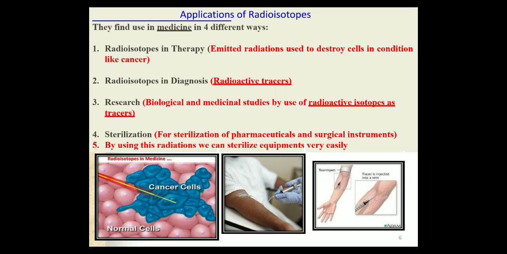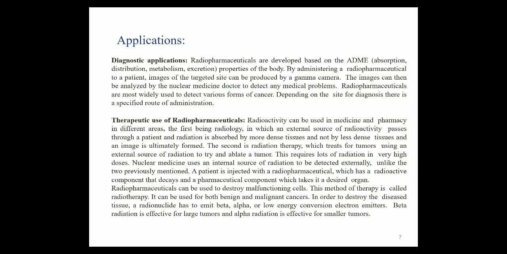Okay, next, sterilization, very important. For sterilization of pharmaceuticals and surgical instruments, these radioactive elements are used. These are very cost effective and cheap. Okay, and it finds very wide use for sterilization. By using this radiation we can sterilize equipments very easily. Next,